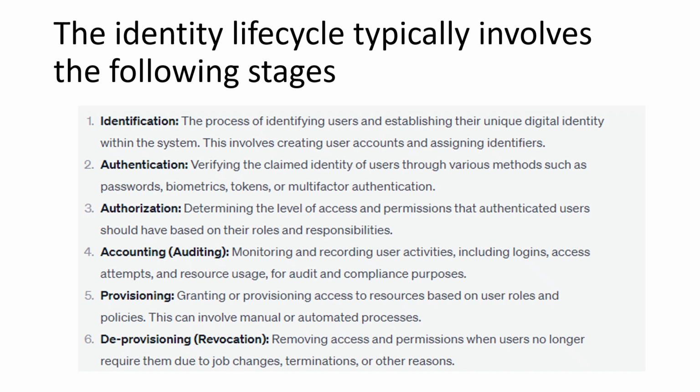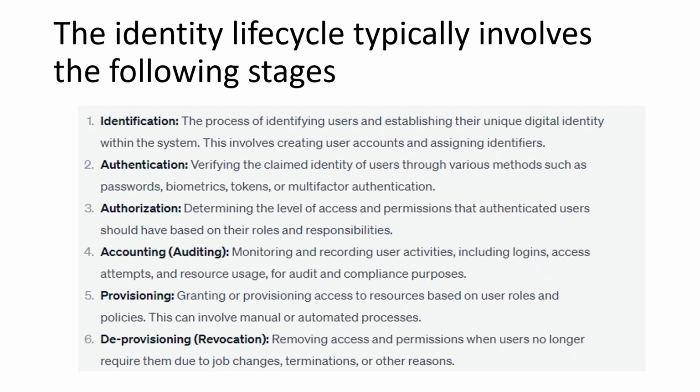One, identification, which is the process of identifying users and establishing their unique digital identity within the system. This involves creating user accounts and assigning identifiers. Two, authentication, verifying the claimed identity of users through various methods such as passwords, biometrics, tokens, or multi-factor authentication. Three, authorization, determining the level of access and permissions that authenticated users should have based on their roles and responsibilities. Four, accounting or auditing, which is monitoring and recording user activities, including logins, access attempts, and resource usage for audit